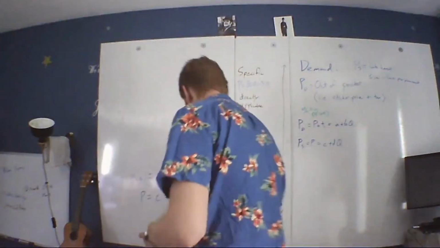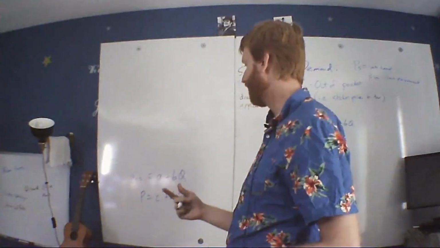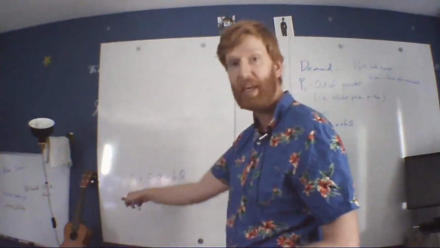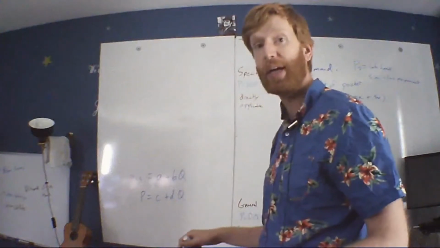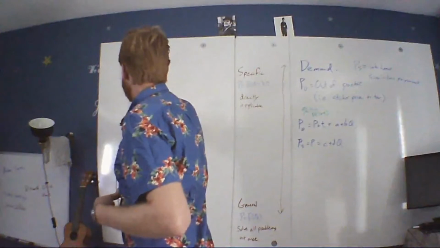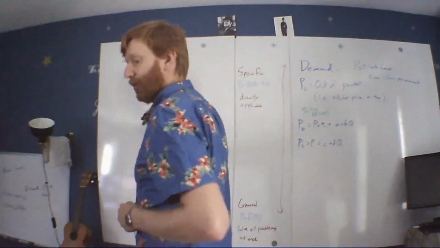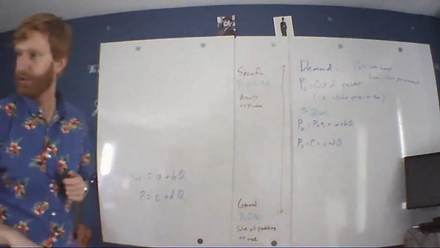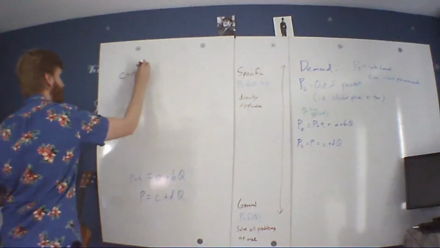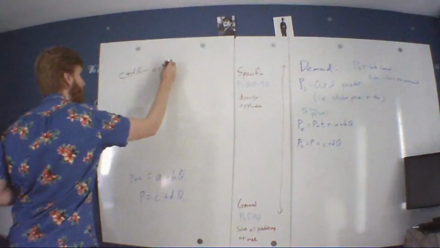So let's take this. This is our basic setup. I'm going to move the T over so that I've got P equals stuff and P equals stuff, and then I can directly solve for Q. So I've got C. Let me get a better marker. I think the brown we can see. And let me come at this from here. C plus DQ equals A plus BQ